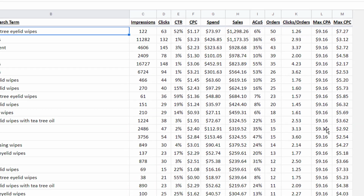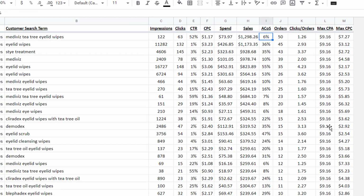And so with Mediviz Tea Tree Eyelid Wipes, since the ACOS is so good, every 1.26 clicks we get an order. And so we can bid $9.16, or excuse me, $7.27, because every $1.26 we get a sale, which will be break even for us. Now, for a non-branded keyword, eyelid wipes, you can see that we're 36% ACOS,